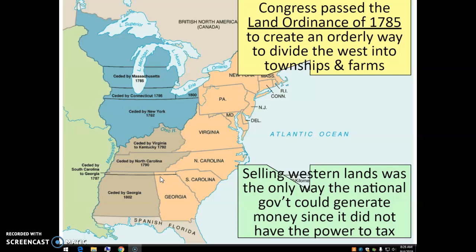And we'll see this will happen multiple times throughout history. As the United States keeps gaining more and more land, they will sell it off in order to turn a profit to its citizens. And one of the reasons for this is they don't have the power to tax. So the federal government, remember, governments mostly make their money through tariffs, taxation, and so forth. They don't create anything. Well, if you don't have the ability to tax, there goes your entire way to make money. So this is one of the ways the government is able to create funding for the federal government: by selling this land.